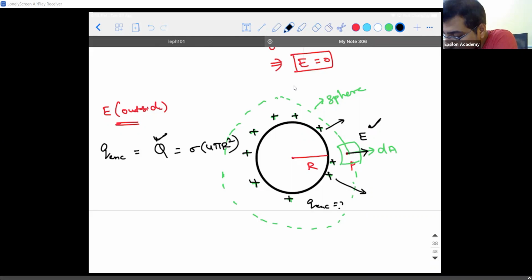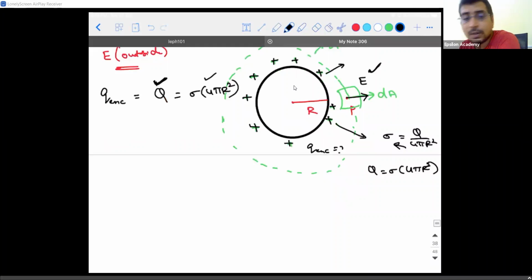They both mean the same. In your textbook you will find it like this, but if you refer to some other book, you might find it in terms of sigma also. They both mean the same. Why? Because sigma is equal to capital Q by 4 pi r square. Take this to the other side, capital Q will be sigma into 4 pi r square. Okay, so after this, what are we supposed to do, guys? Surface integral of E vector dot dA vector is equal to... Sir, why are we calculating the charge now, sir? Because you need the total charge that is enclosed within the Gaussian surface, no? For me to substitute it here.